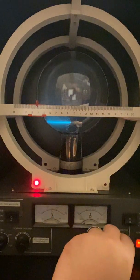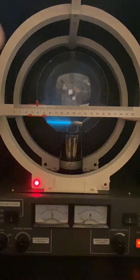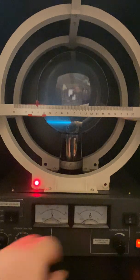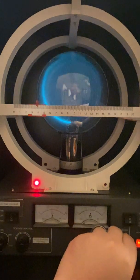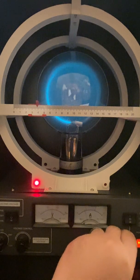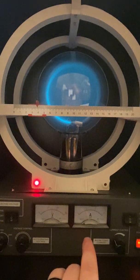So let's start giving it some value. How are we doing the magnetic field? It's these big rings around. They're basically electromagnets. It's just a coil of wire. So what I'm going to do is control the current I put in there. And I'm going to start by giving it the minimum current required to make a complete circle. And as I up it, you can see right about here, I have a nice complete circle. That current corresponds to